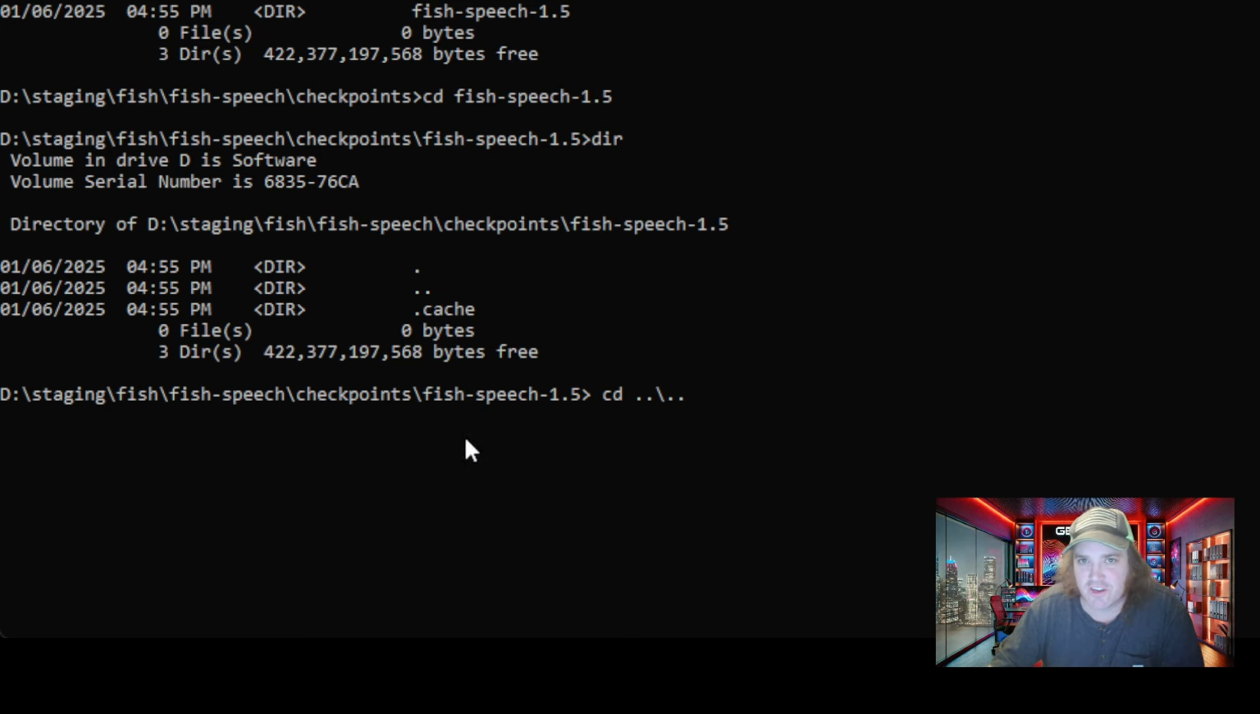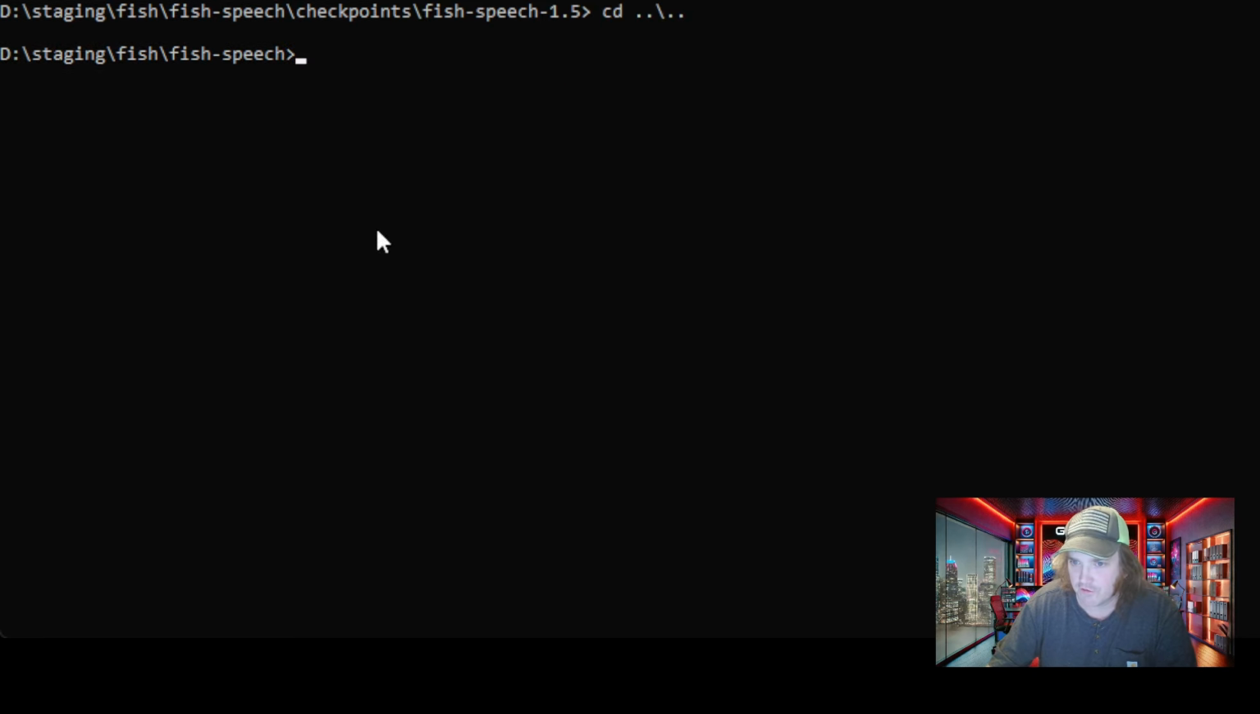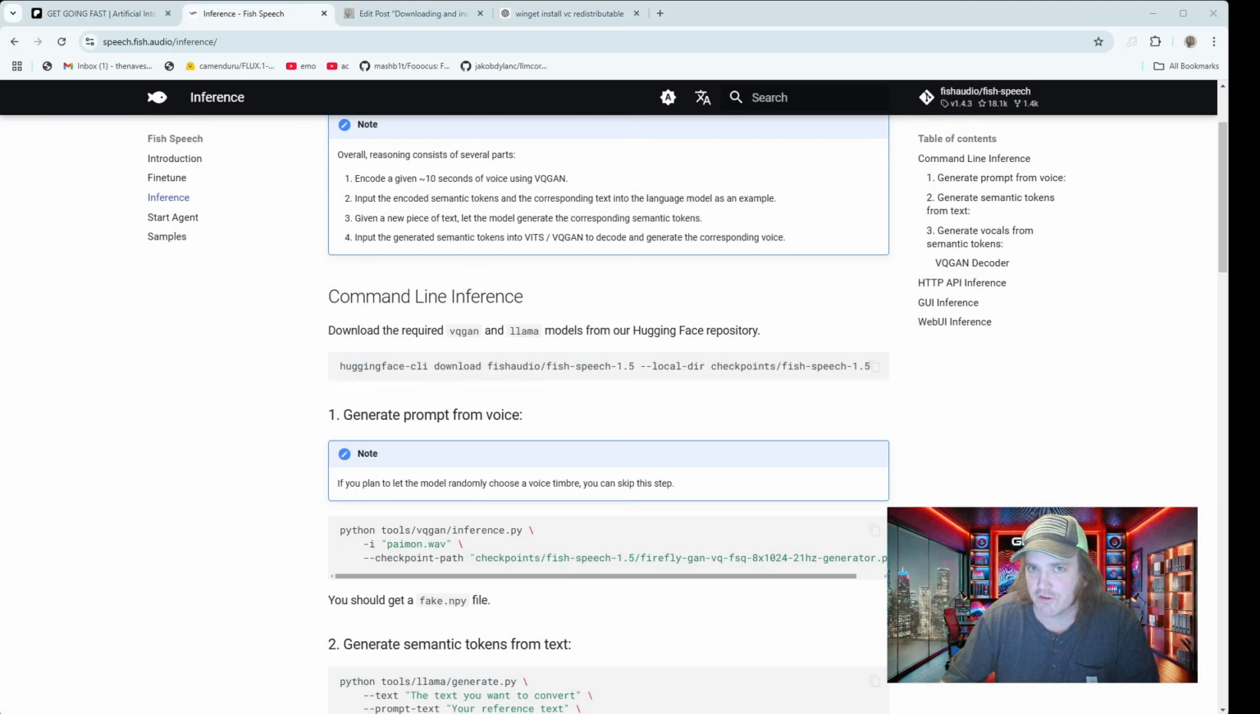So what that's going to say is move us back two directories. It's going to say this is the directory we're in, move us to here, and then move us to here. So now watch that. Now we're back to where we are. So now what we're going to do is run this browser command, this Hugging Face CLI download,